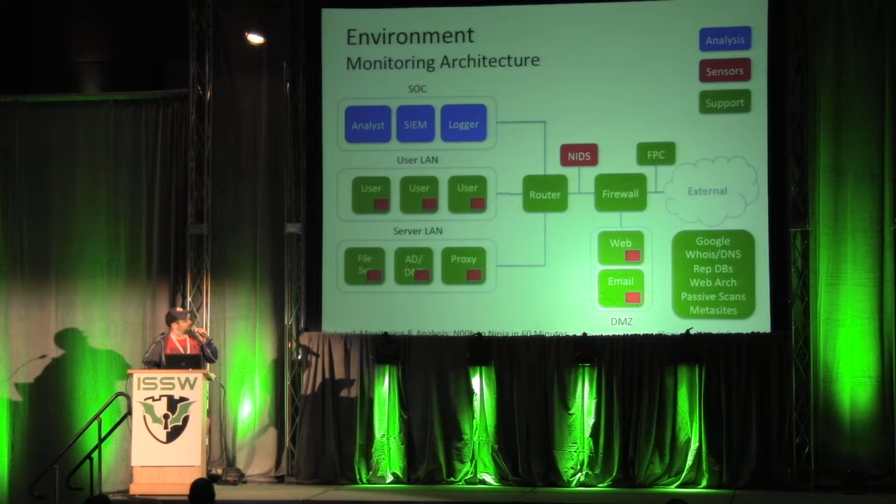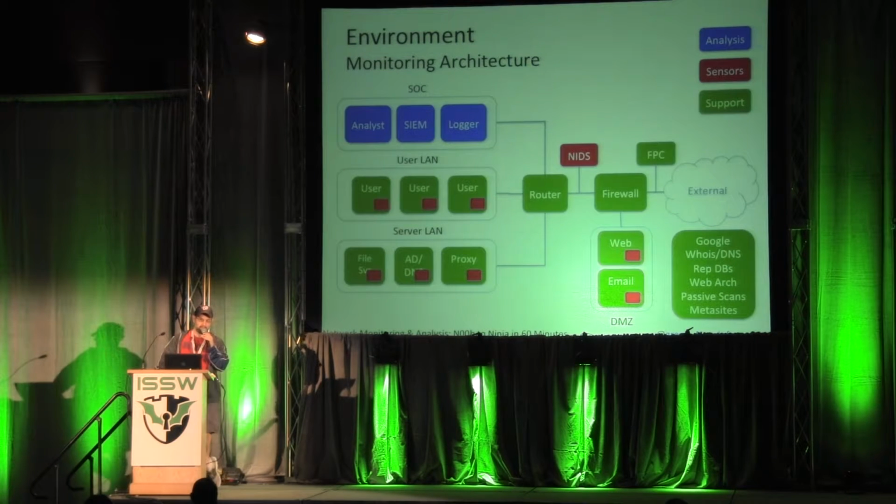So we talked about Google. And there's a lot of open source resources that are out there, but 9 times out of 10, what I found is most useful is just going to Google and searching for that indicator, whether it be a hash, a domain, IP, whatever. But if you want to dive down a little deeper, there's lots of whois and DNS type